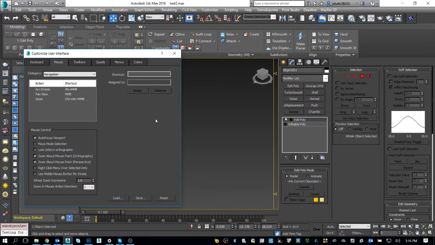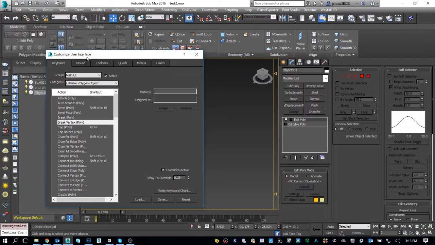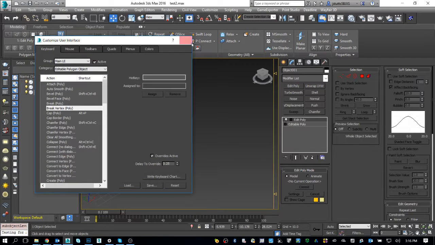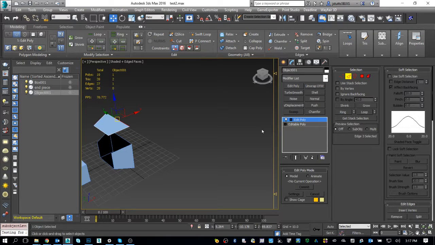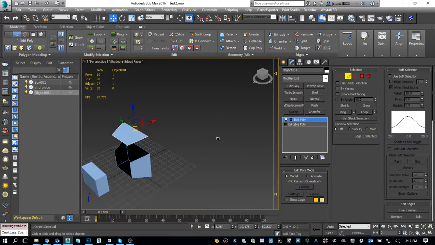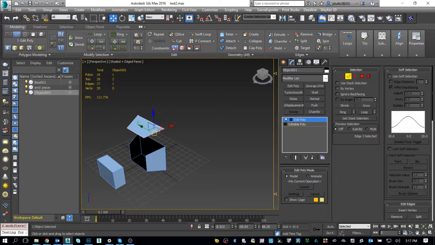So there are a few important, I think, actions that are important to assign hotkeys to. Selecting edge rings and edge loops, and growing and shrinking selections. So these right here, I think it's really useful to have hotkeys for. I saw some people